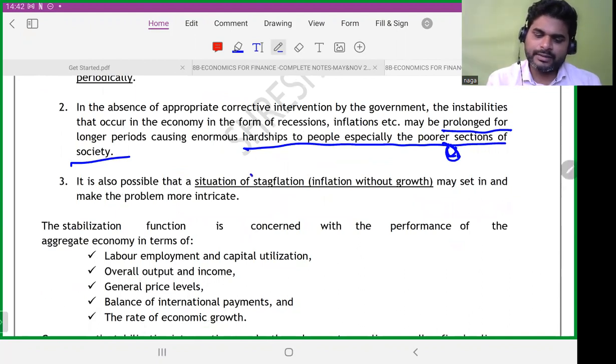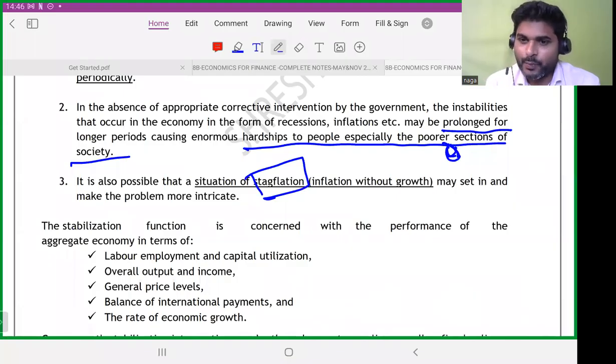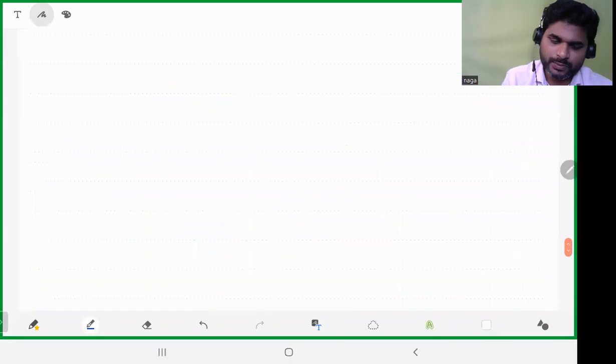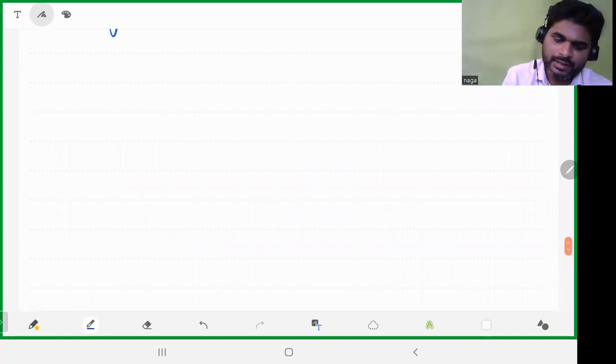Stagflation. Currently, we are at this particular scenario, so that's why we should discuss stagflation. Currently, the world's economy is at this stage wherein there is a high level of inflation. I'm assuming all of you know what inflation is. Inflation means an increase in price levels, be it vegetables or whatever you as an individual buy, an increase in prices. That's inflation coupled with